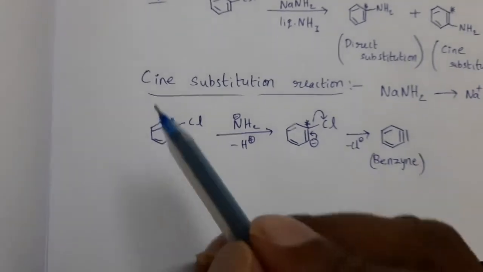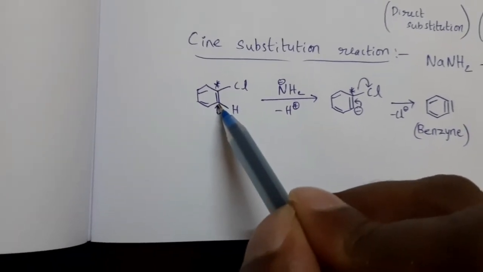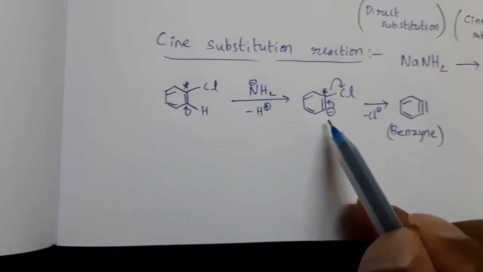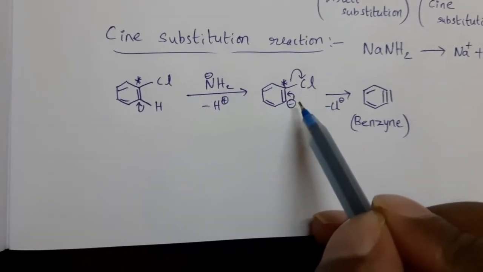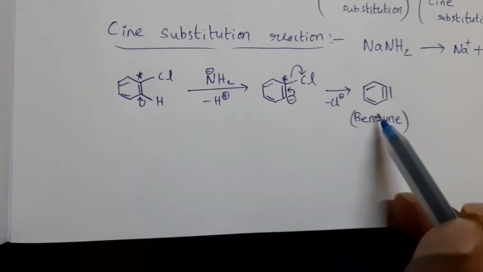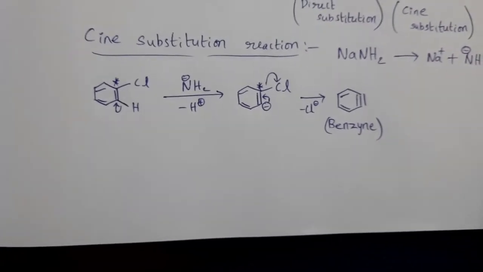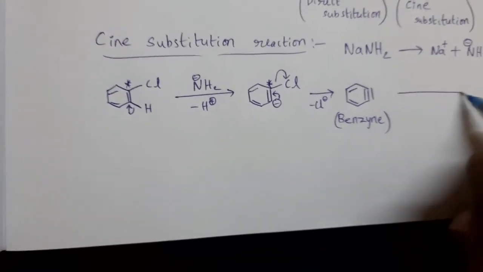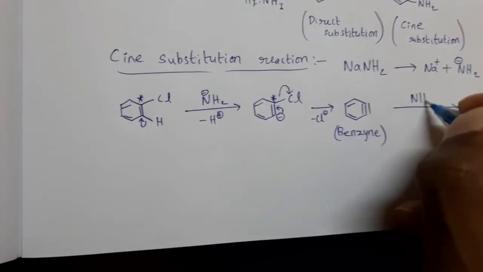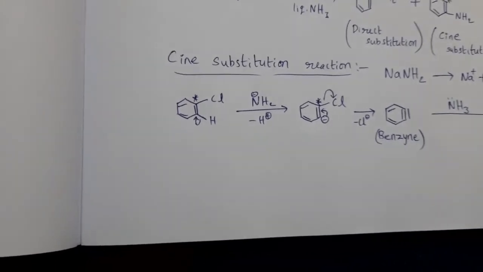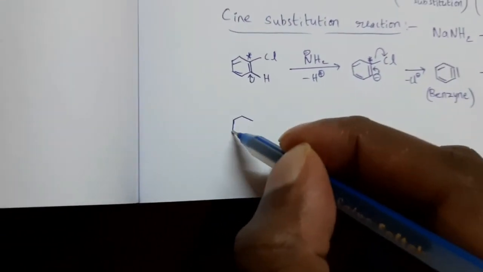Okay. The hydrogen atom adjacent to this chlorine, bonding electrons are shifted to this carbon atom, then negative charge is developed. In the next step, these bonding electrons are taken by this chlorine, and at the same time this negative charge is shifted here, then we get benzyne. It is an intermediate compound. It is a highly energetic intermediate, that's why it cannot stay a long time, and then it is treated with liquid ammonia. Then what happens? Liquid ammonia means we can get the products in this way.